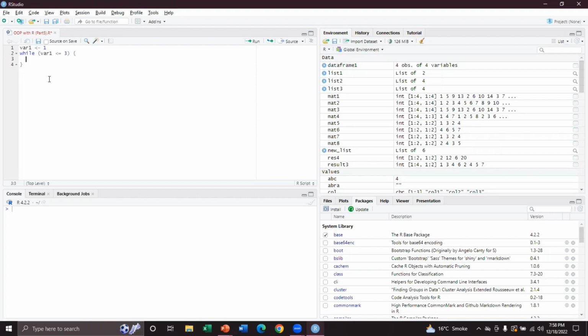And inside the while loop, you make a for loop. And for that, you say for var2 in 1, 2, 3, and then you say print and paste